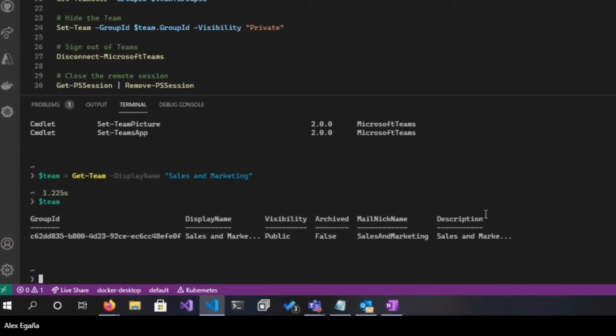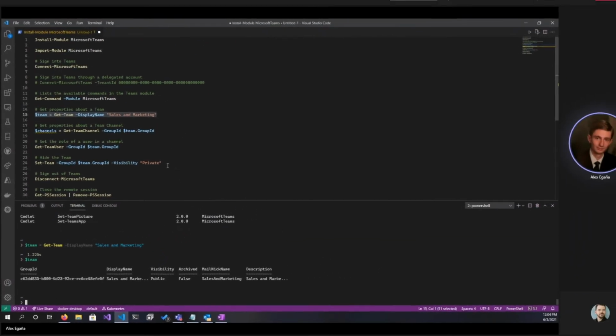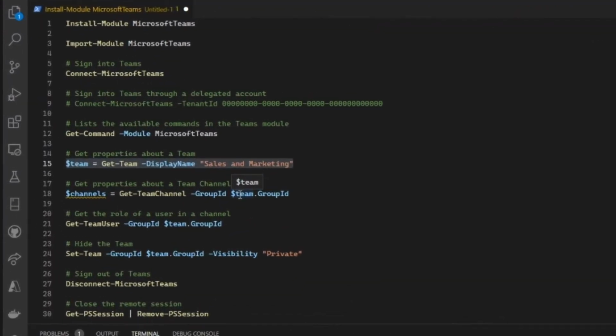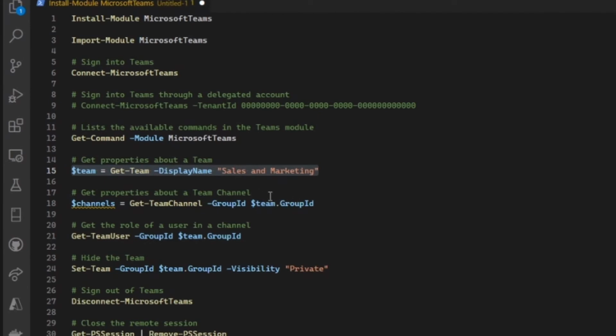Okay. Now with that information, we can actually go ahead and look at the channels within that team site. So kind of following the same path as the last command, all we need to do is just write down the group ID that was from this command, since we're going to use that for all other cmdlets called. In this case, I'm just calling the group ID directly from the team variable, and I'm going to store that within the channels variable. So I'm going to go ahead and run this line